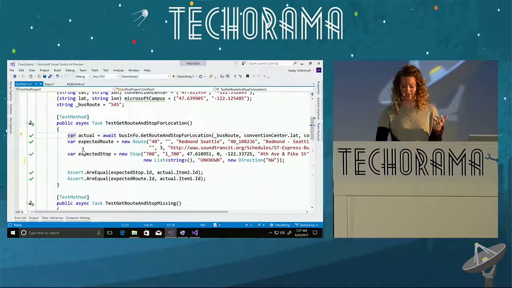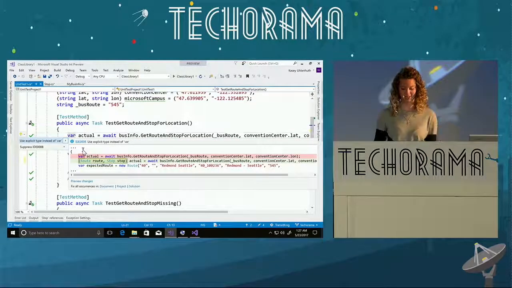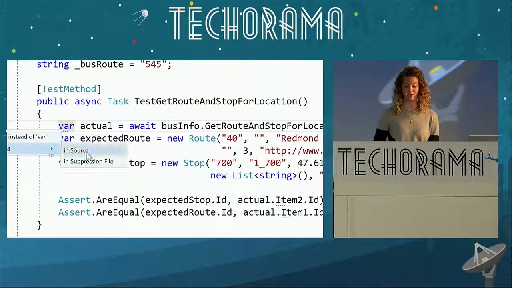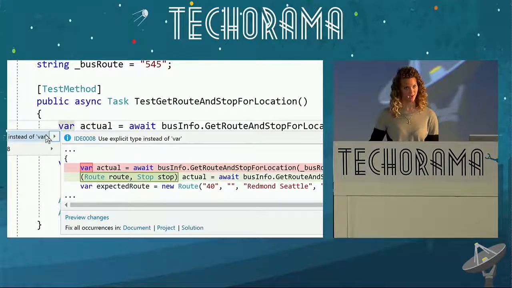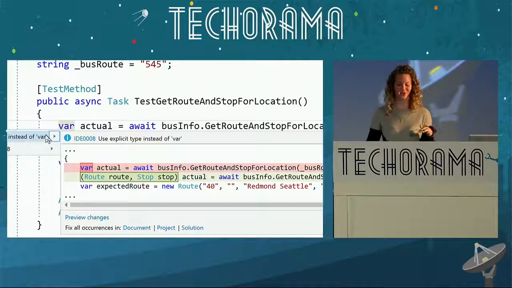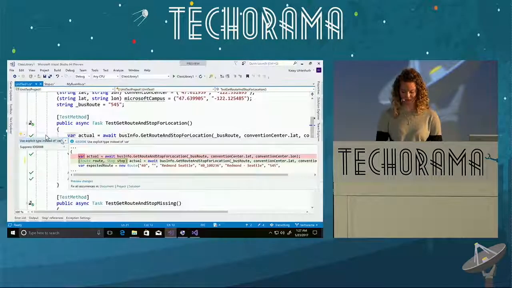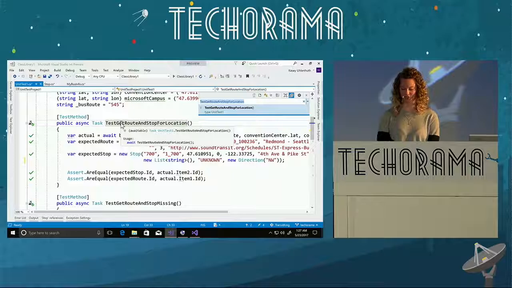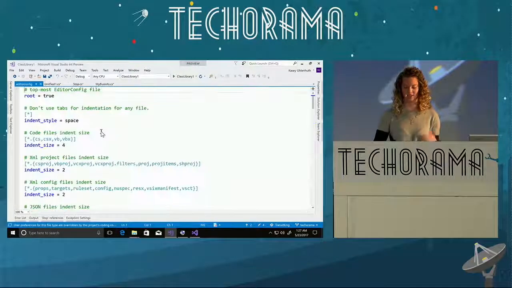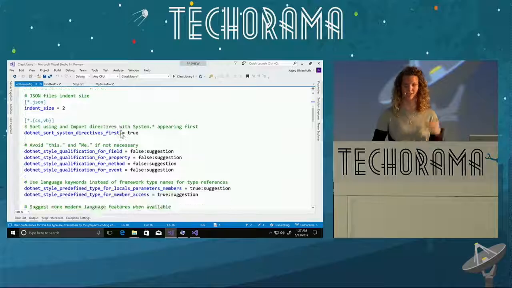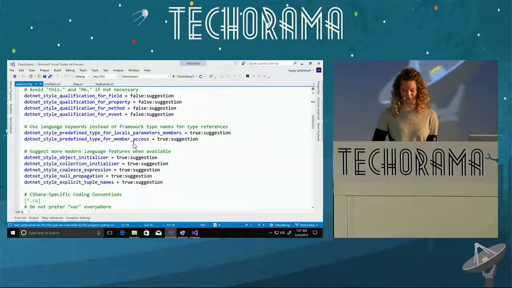So we've added this idea of a code suggestion, and you can investigate it with control dot, just like everything else. And when you do that, you can see here, that's telling me to use the explicit type instead of var, which you all might be like, say, what? Why? And so this is part of our new team code style configuration and enforcement that we've added to Visual Studio 2017, where from an editor config file, which is basically just a text file, you can codify your team's conventions. So again, there'll be more on this tomorrow, but for now, just to give you a little taste,